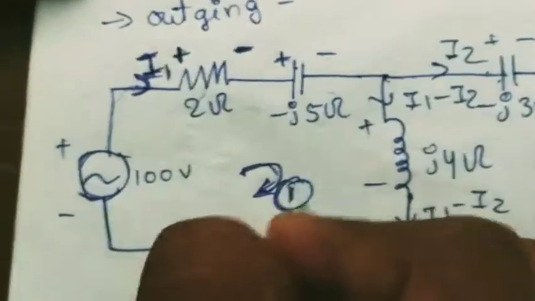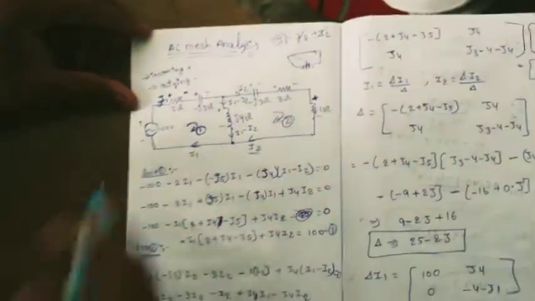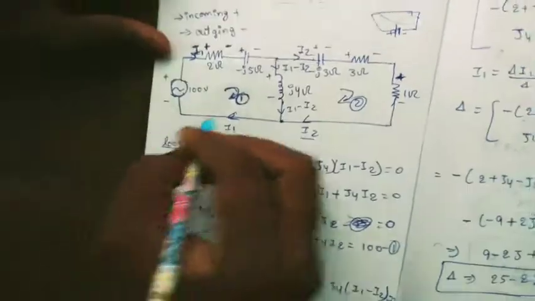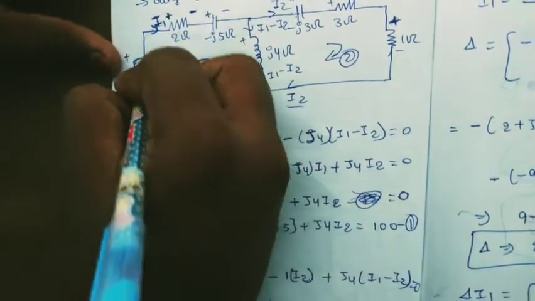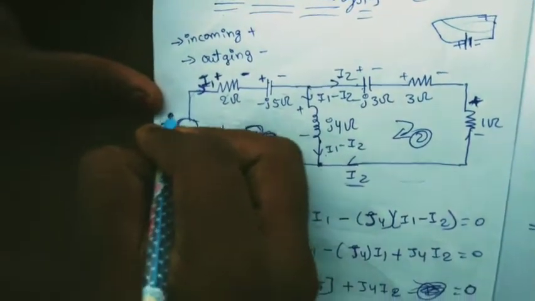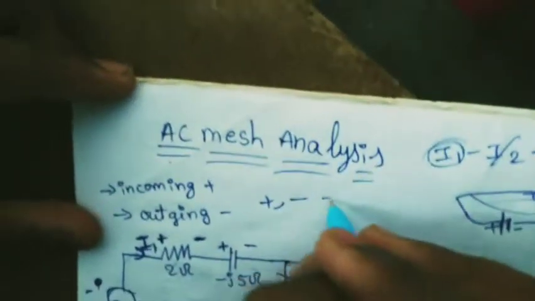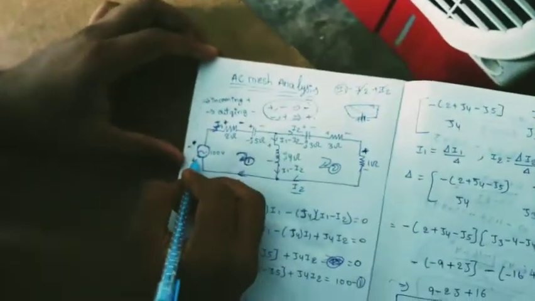After that, finding loops, I found this is loop 1 and this is loop 2. Now we have to write the loop equations, as simply as possible. According to the loop 1 equation, it goes from positive to negative. I already told you that where the current goes from positive to negative, I make it negative, whereas where it goes from negative to positive, I make it positive. So by concluding these two points, here it goes from positive to negative.